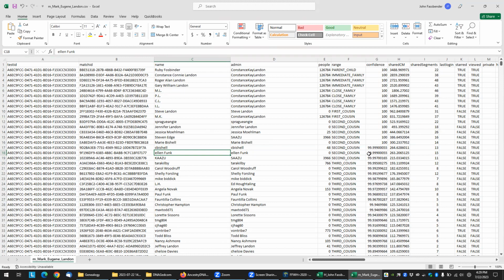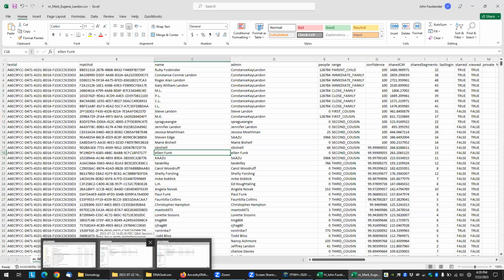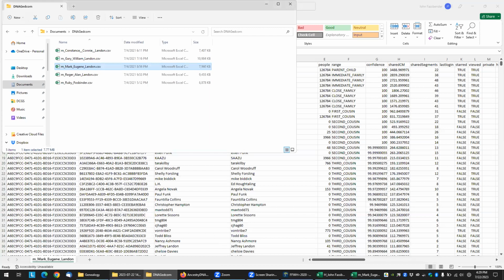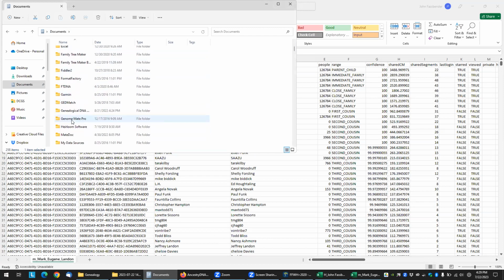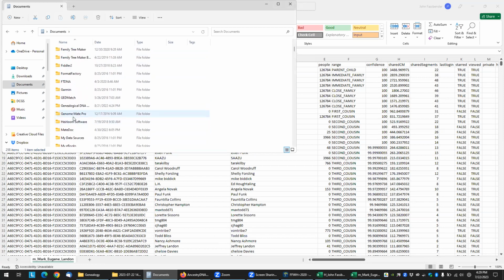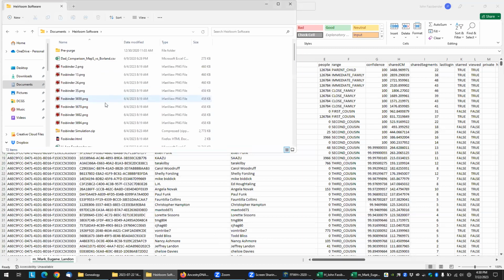It should recognize them all together. It should recognize this file directly. So, yep. And for some people, like Julie Tarkleton, who I don't know who she is or exactly how she fits in my tree,